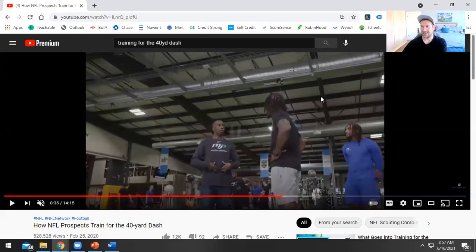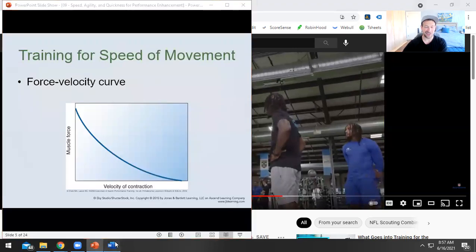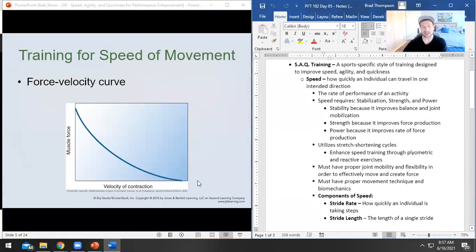That's my guy. So you're trying to move this force velocity curve up as high as possible. You're trying to basically take this little curve here and drag it like this. The more force you're able to generate, the faster velocity you're going to have in the end game. And the faster you can finish producing force and get to the velocity is really what we're aiming for. So this is speed of travel, and this is how much force you're generating. There's sort of this little curve here that happens with that.